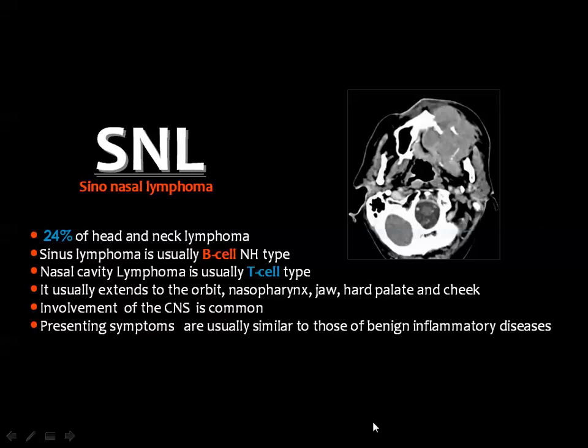And lymphoma affects the head and skull base in about 24% of head and neck lesions. It is usually of the non-Hodgkin B cell type, and lymphoma of the nasal cavity may be of the T cell type. Lymphoma, as I have mentioned many times before, can involve the orbit, the nasopharynx, the jaw, any part of the head and neck. And also extension to the intracranium